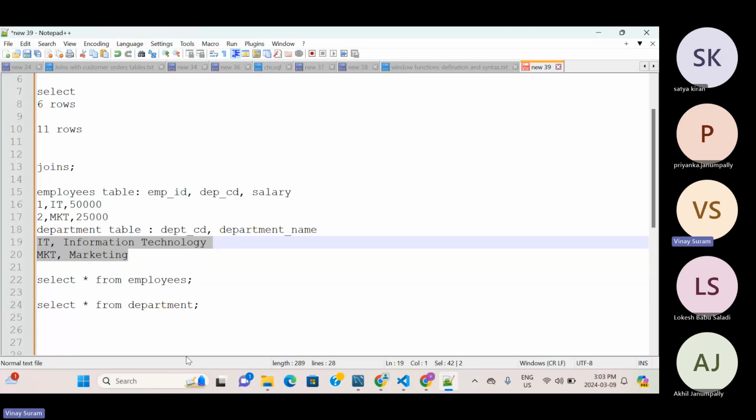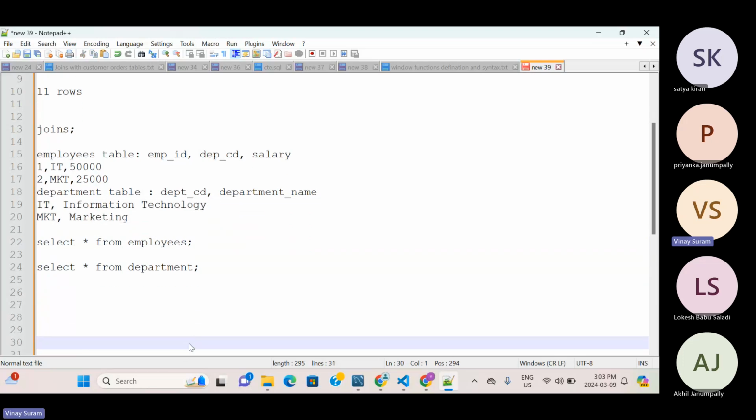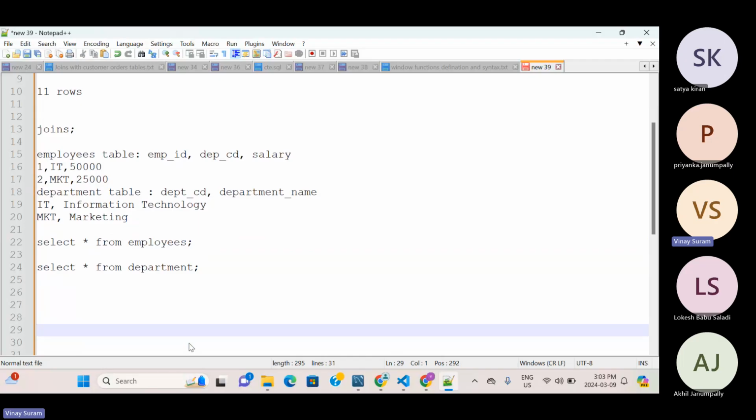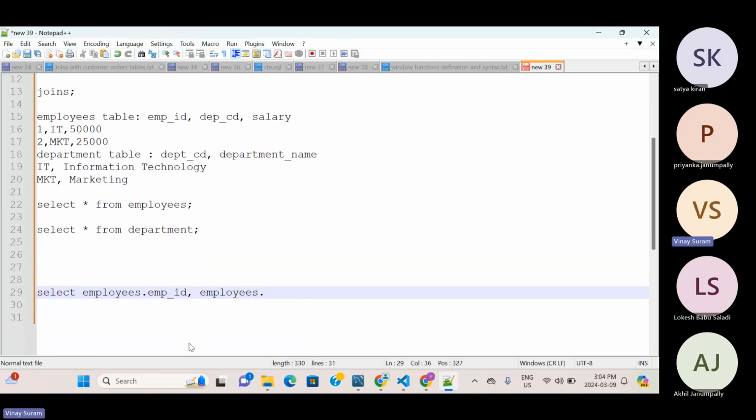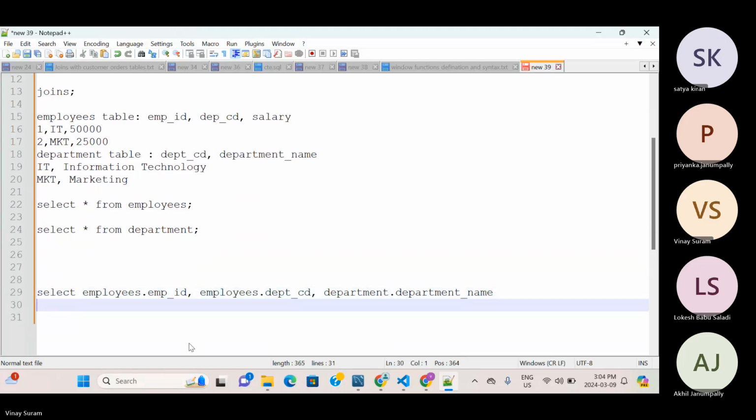But in case of join, you can just join both tables, whereas he has to do these things manually. With the use of join, you can simply write select employees table dot employee ID, comma, employees table. I'll just write the table name instead of an alias to show that this column is coming from the employees table. You can write an alias as well. Comma, department name coming from the department table, from